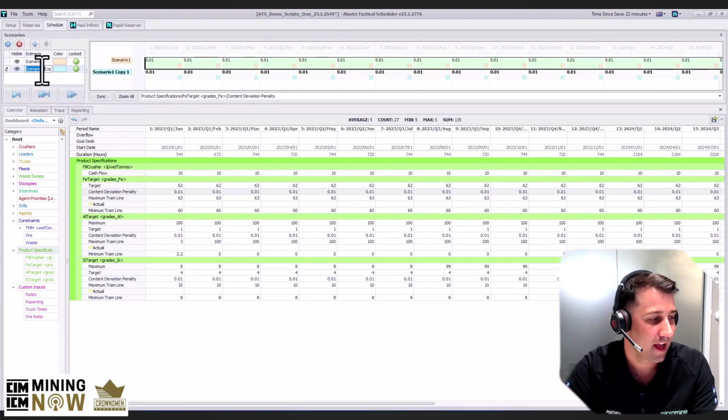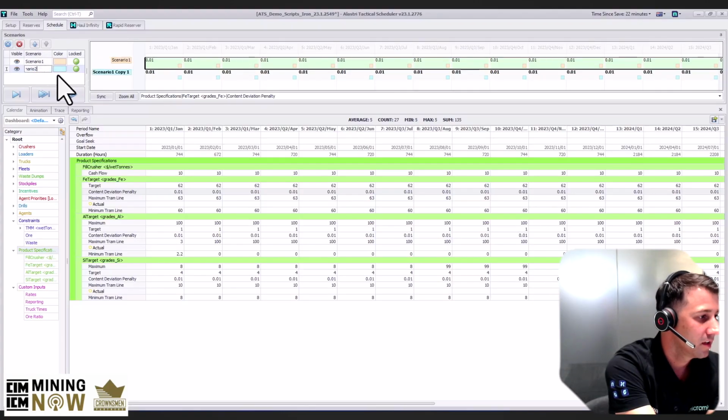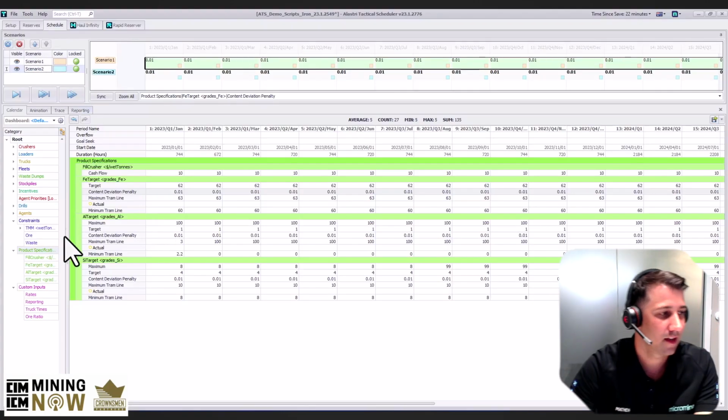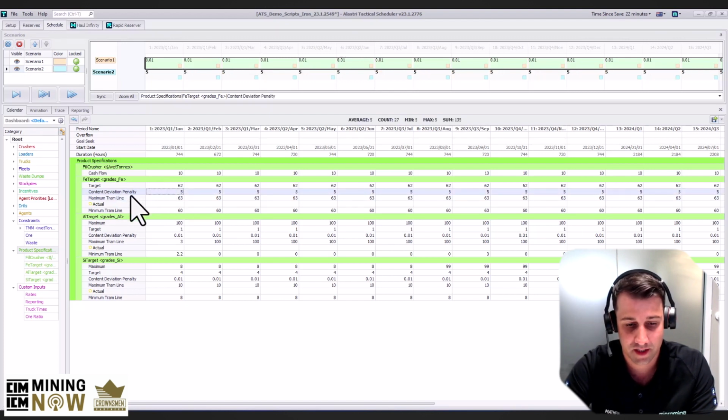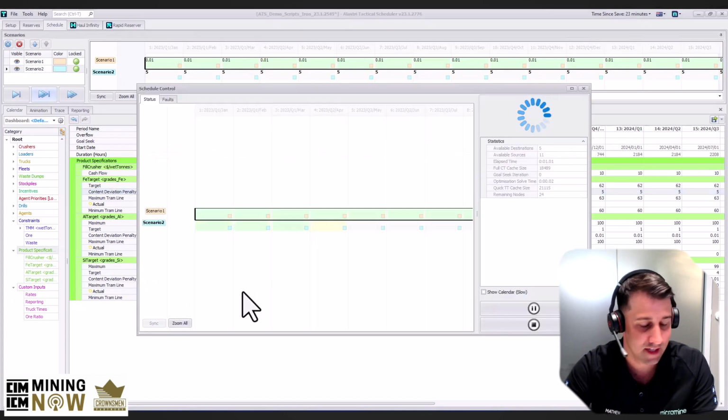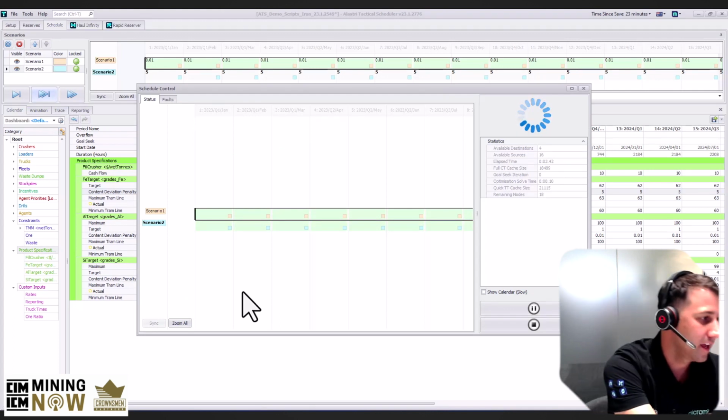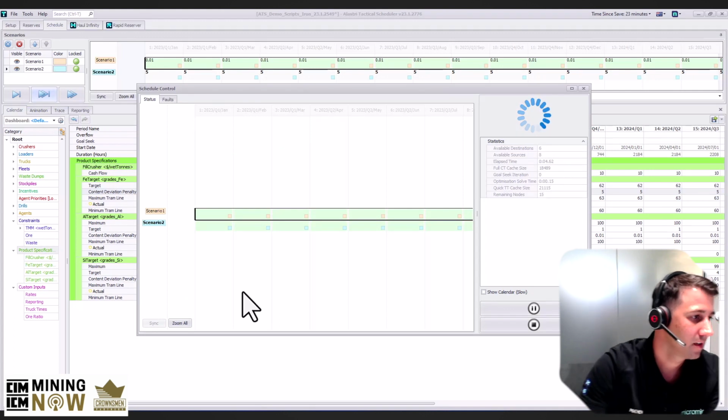So within the software, we can do a quick, simple copy and paste of that scenario and then change an input. What we're doing here is telling it that the Fe grade is really important to us. So we're upping the deviation penalty, which effectively brings the result back towards that target and says, hey, this is what we really want to focus on. So we've upped that there. We're going to rerun the schedule,